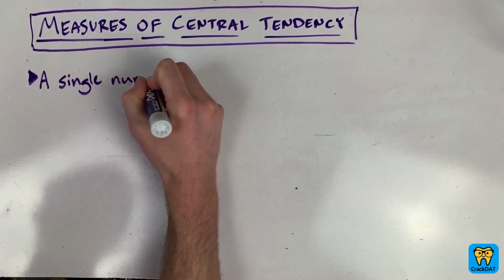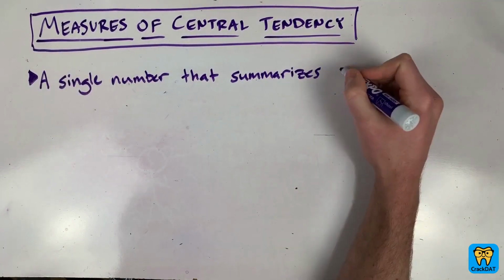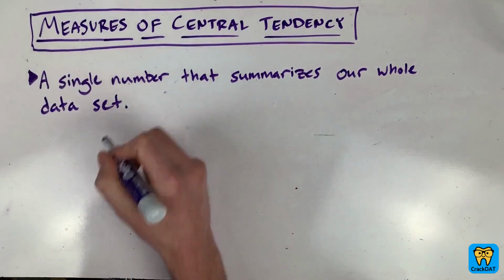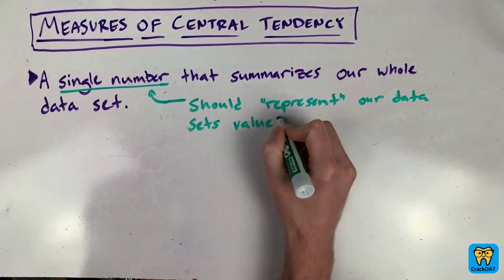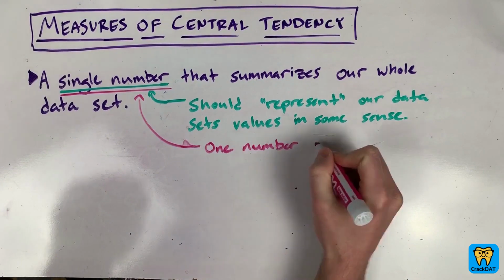A measure of central tendency is a single number that summarizes all of our data set's values in some useful way. It should represent the data. And it's useful because one number is a lot easier